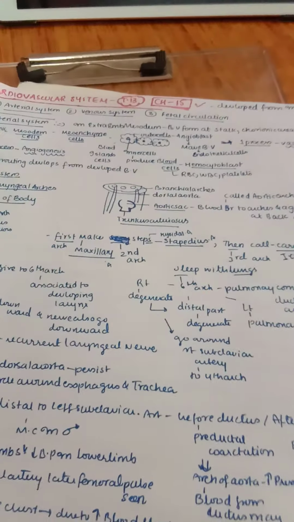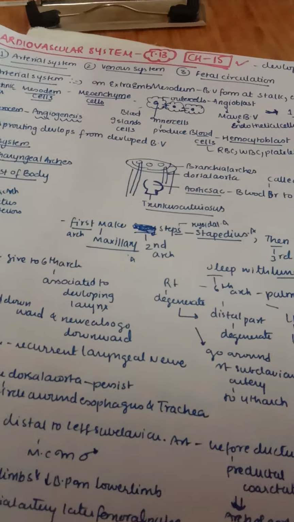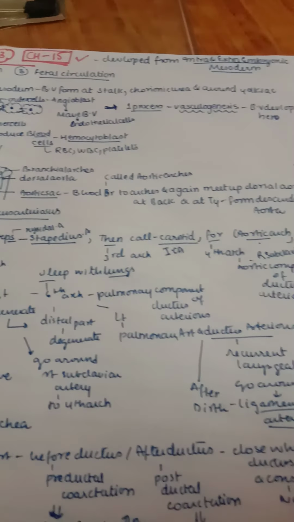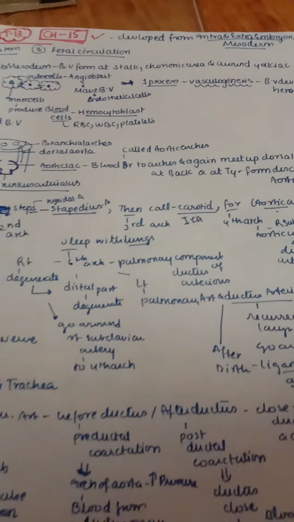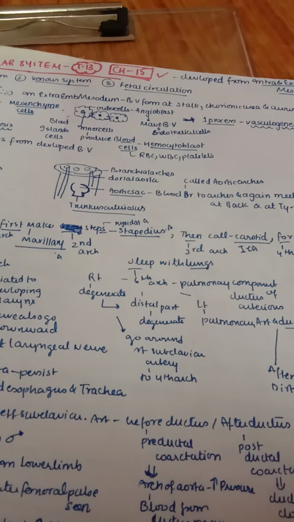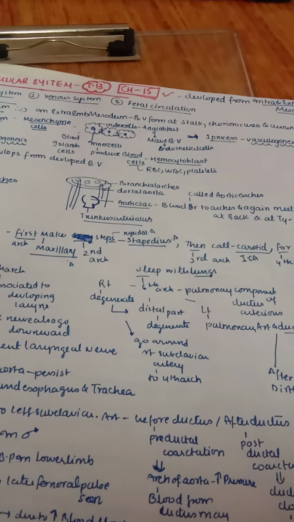So now we are coming into a main part, that is our vascular system, and later we'll discuss the fetal circulation. So actually a cardiovascular system is mainly developed from both intra and extra embryonic mesoderm. Intraembryonic mesoderm, that is between ectoderm and endoderm, and extra embryonic mesoderm also, as we already discussed before.